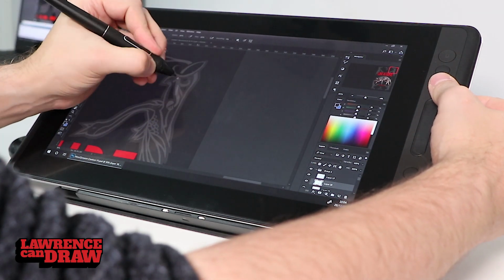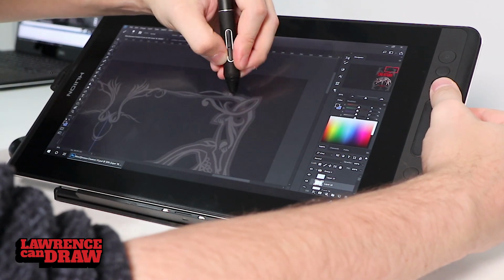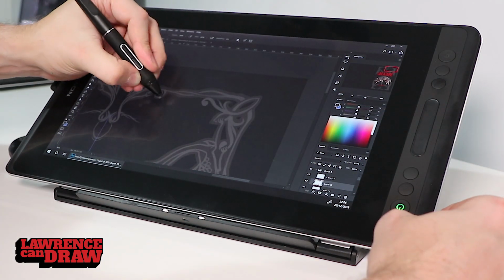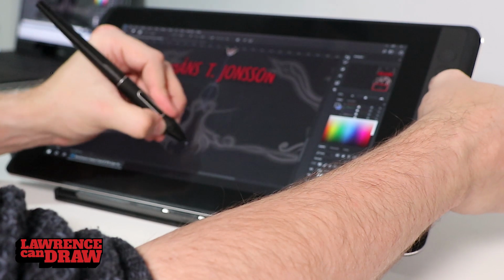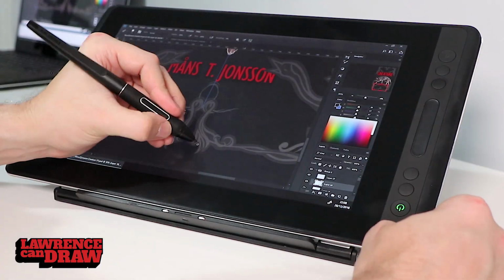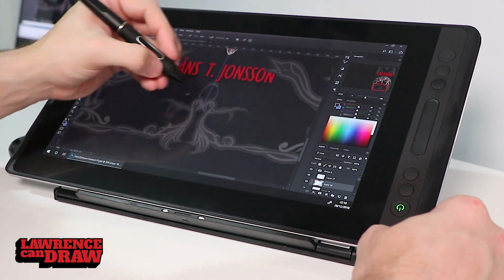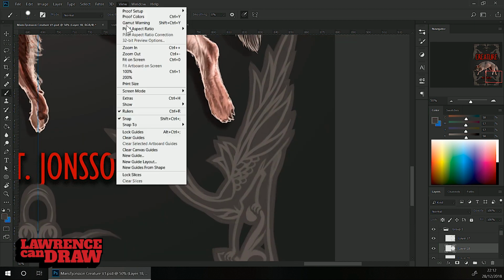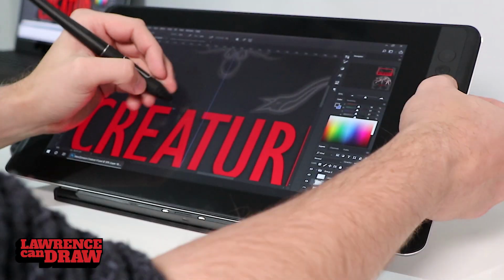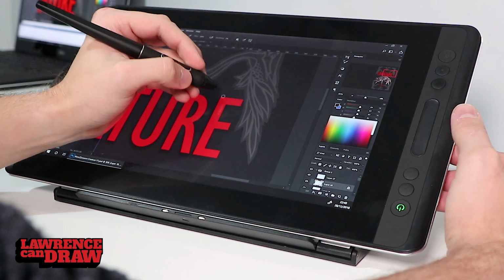The scroll bar, that's amazingly useful. Thank you for that. I do use that. I have used that in this video a little bit. I tend not to use those bars or scroll wheels overly that much, but when I do use them, they come in handy. What I tend to find is when I start using a new tablet, I don't use them that much, and then the usability kind of sneaks up on me over time. Normally for scrolling rather than brush sizes and things like that, I tend to still change those with the right